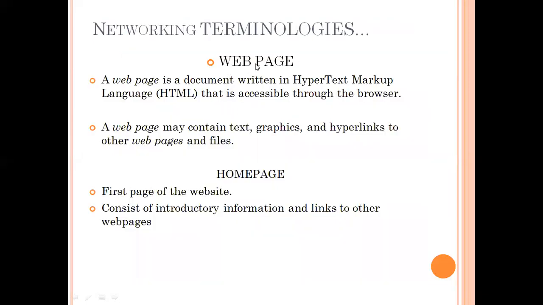Okay, now what do you mean by web page? We always say that a website is a collection of web pages. So what is a web page? A web page is a general document. Okay, what we get when we open a website. When we open a website, the first page we get is called the home page. From that home page we go to any next page, that is a web page. And on that web page you can have text, graphics, audios, videos, hyperlinks, anything.